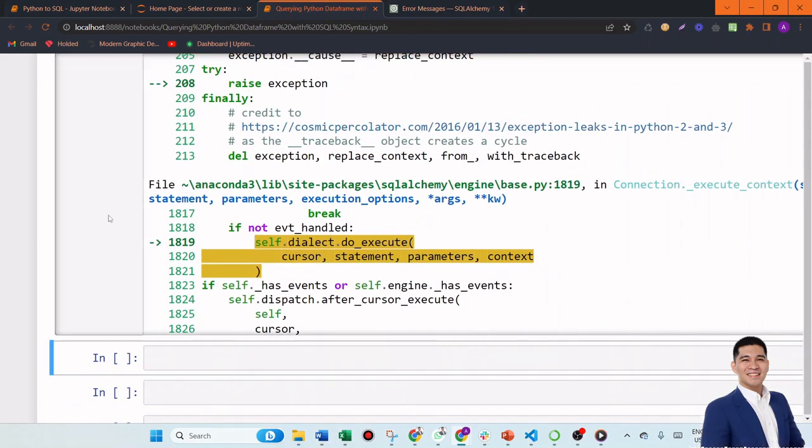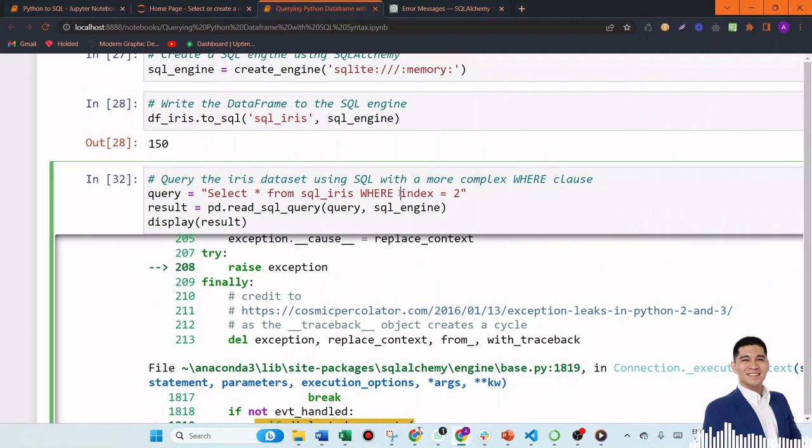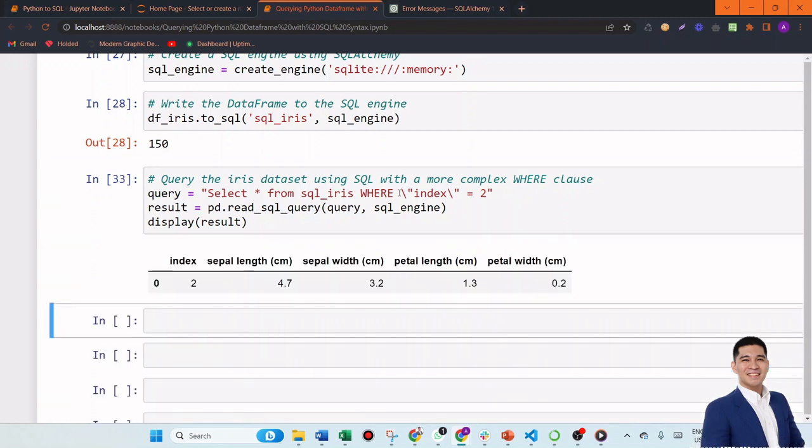It seems there are more intricacies related to querying inside Python. So what you'll want to do is put a slash, a quote, another slash, a quote, and then run it. Aha! There you go. You have successfully run a condition